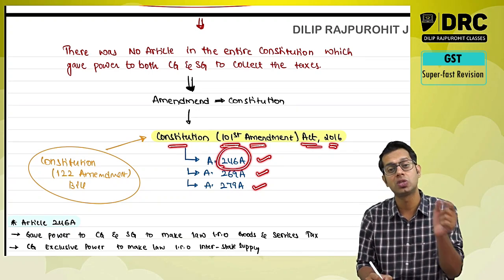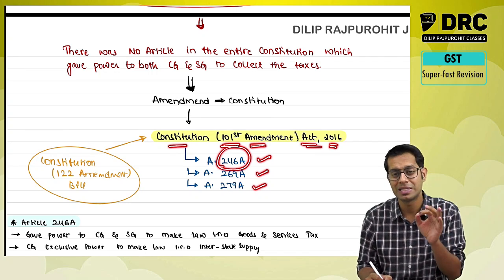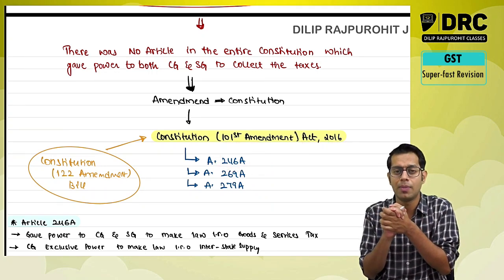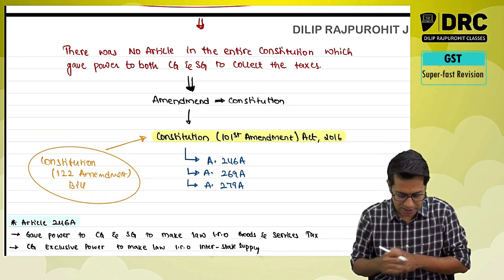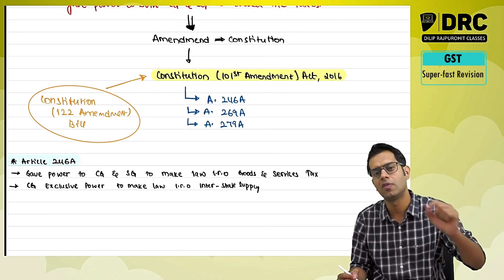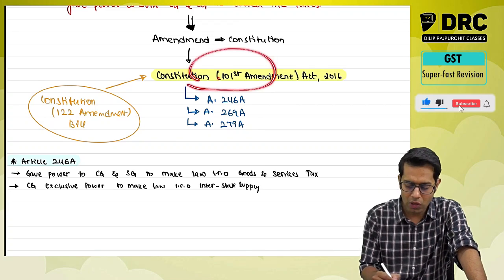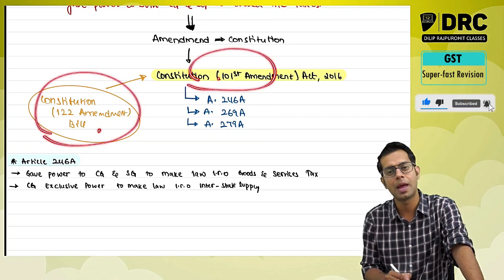Article 246A is the article which gave the power to the central government and state government to jointly come together and make law with respect to goods and services tax. And it also said that exclusive power is given to the central government to make law in respect of interstate supply. Now for an amendment to come, there will always be an amendment bill which will be